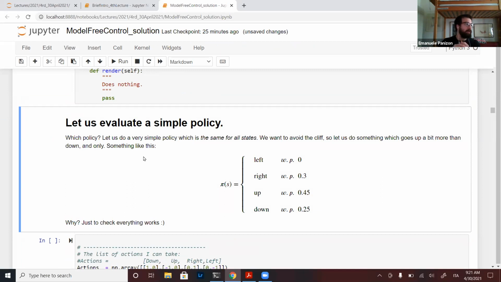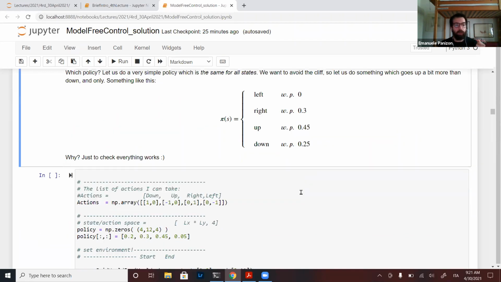To begin, as we said, we did not do any control. We just want value evaluation. So what policy do we want to evaluate? I just put a random policy. It will never go to the end, so I changed it a bit. I apologize.